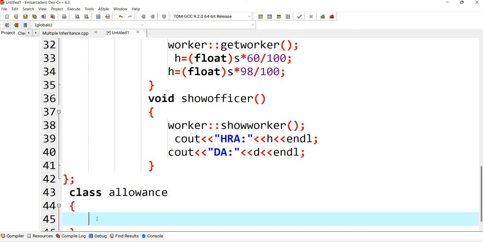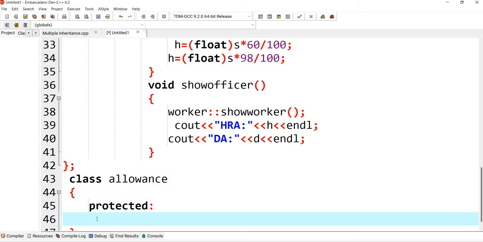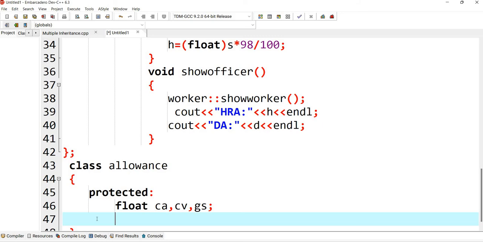Same thing, just like a previous class I have created, I will add the allowances here, right? So I'll write here protected, we'll make it float, city allowances, then conveyance, and then the gross salary that will be declared here.